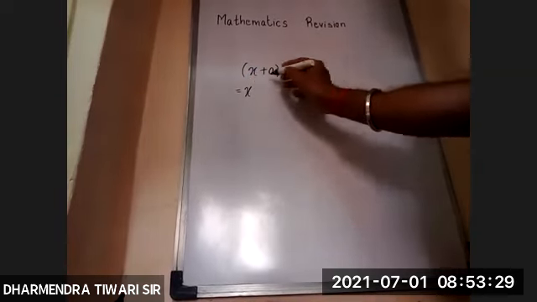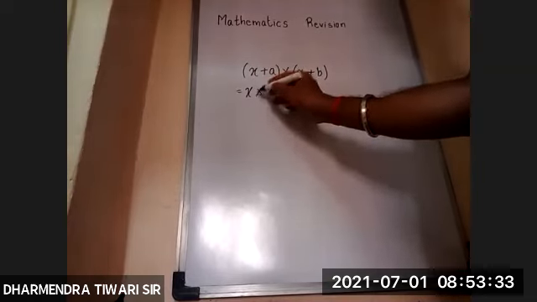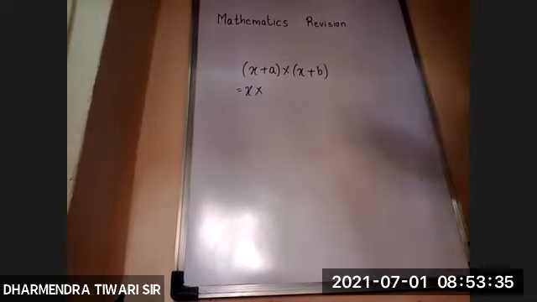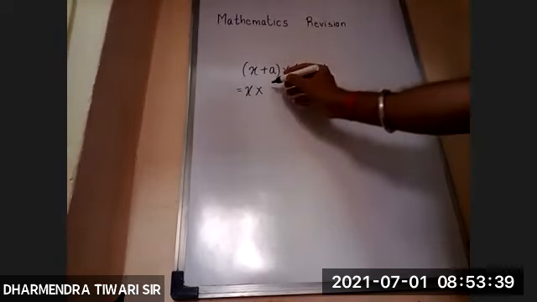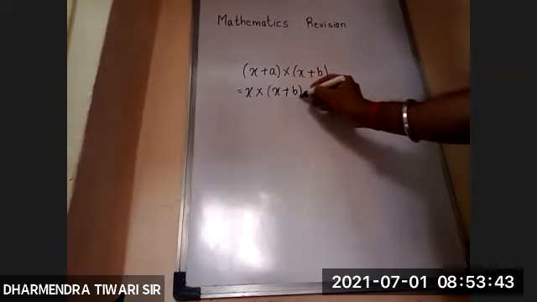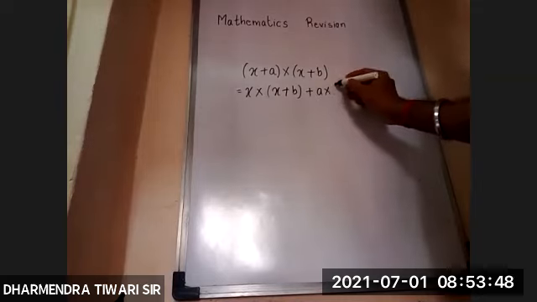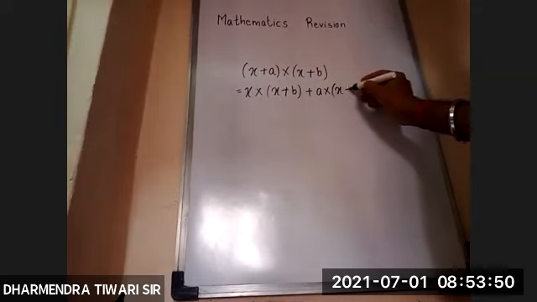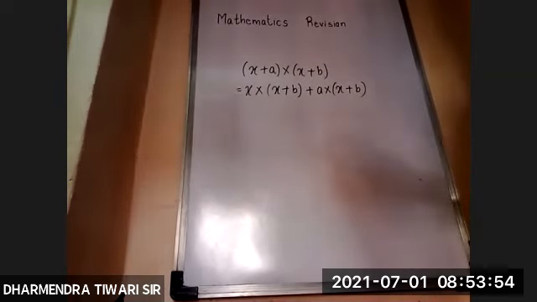We are just distributing this element. First, we'll be taking x of the first bracket multiplied to the whole second bracket, that is x plus b. After that, we have plus a multiplied to the whole second bracket, that is x plus b. Now,